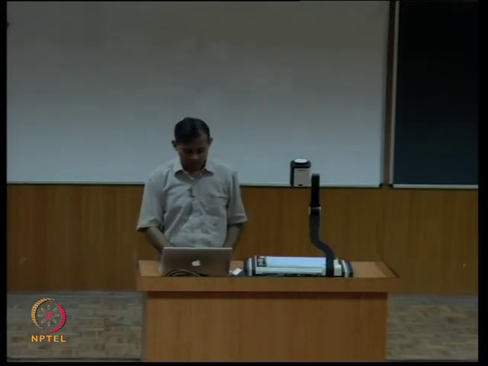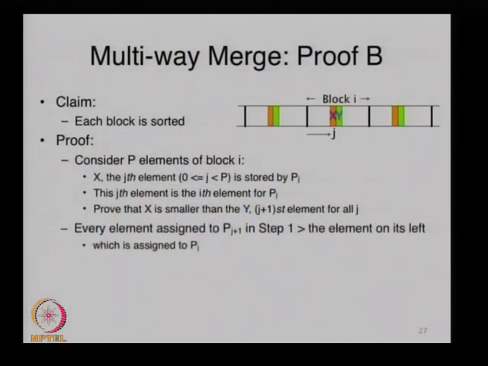Now again, these blocks are size N by P, and you merge 0, 1, whereas somebody else is merging 2, 3, somebody else is merging 4, 5, P of them, precisely P pairs, N by P. Again, same thing for the last one. It may be one fewer, but who's counting? So total time that is being spent is N by P, which is optimal